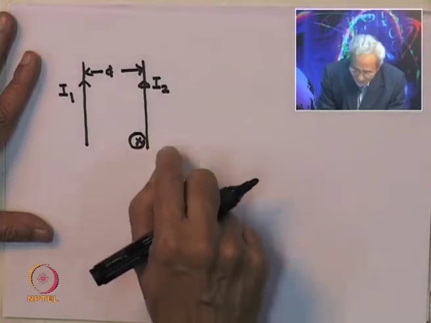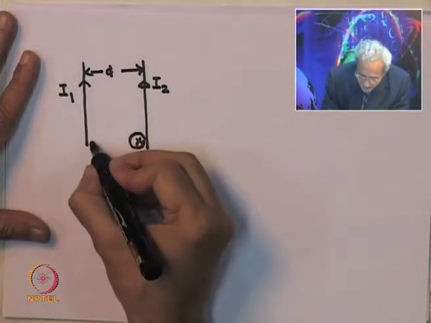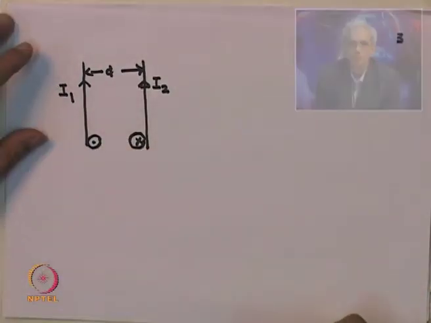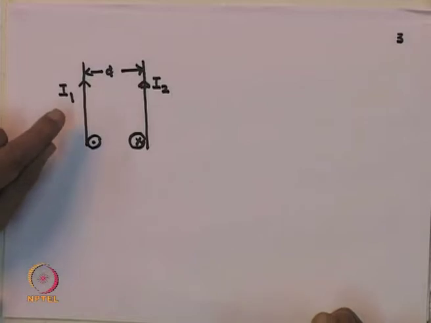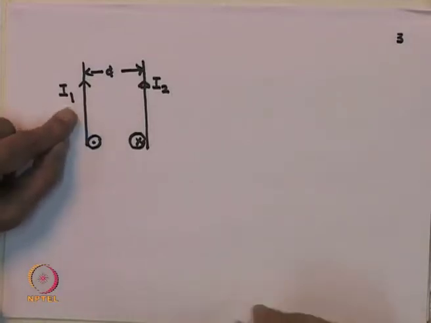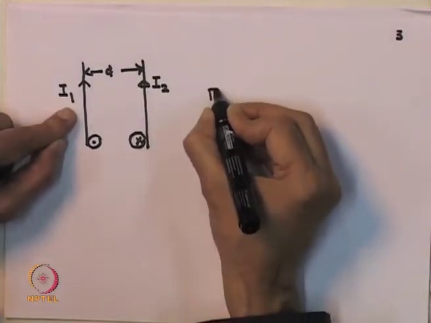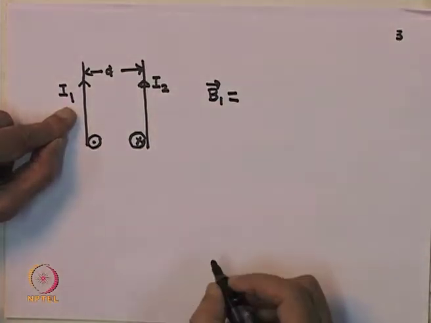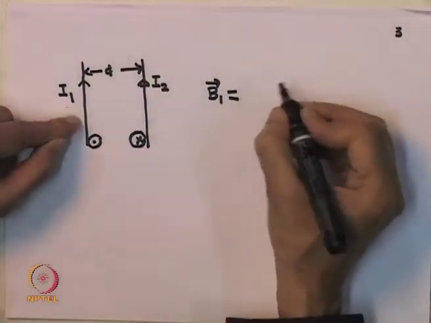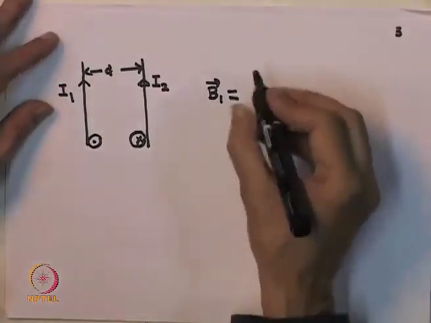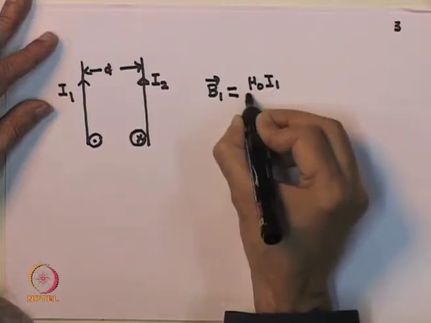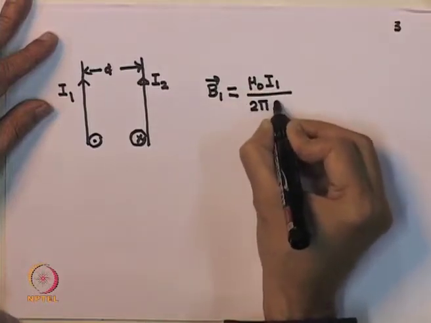Parallelly, this second wire creates a magnetic field at the location of the first one, which is out of the plane of the paper. Now, let us calculate and write down the magnetic field due to this current. So, the magnetic field, let us call it B 1, which is the magnetic field at the location of the second circuit, but created by the first current, which I know is simply mu 0 I by 2 pi r, is the general formula. So, I will write it as mu 0 I 1 divided by 2 pi d,